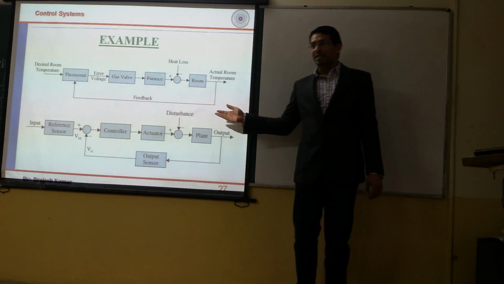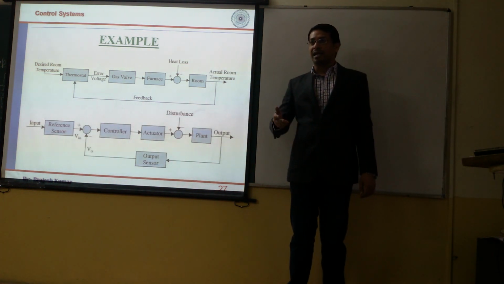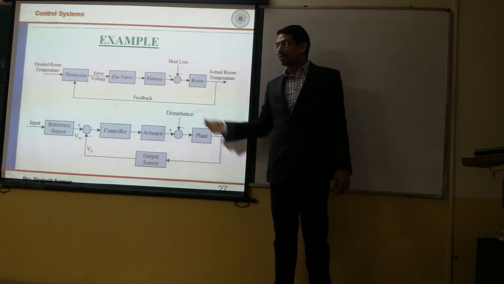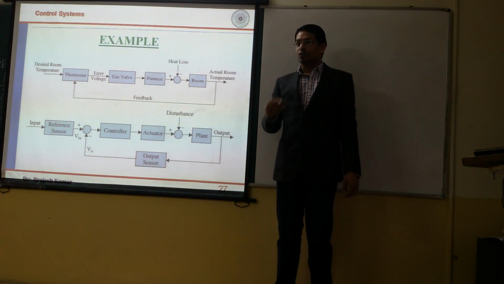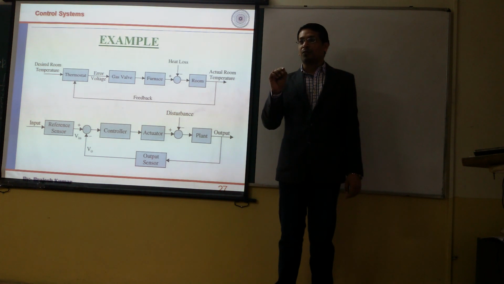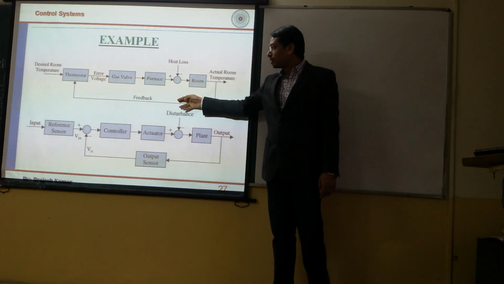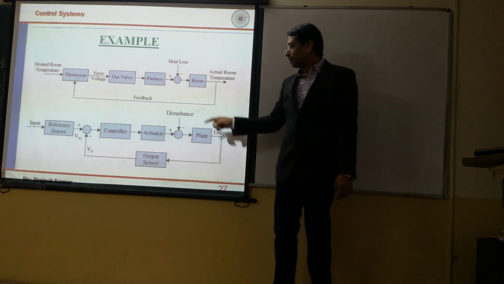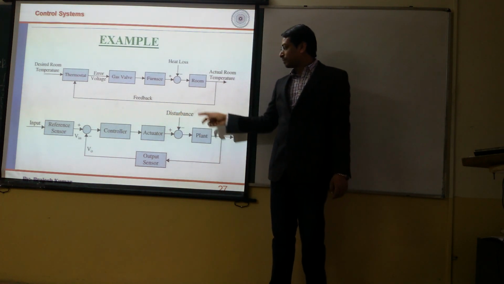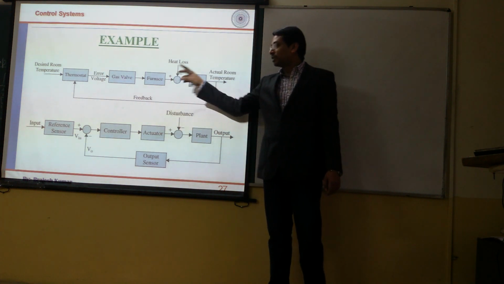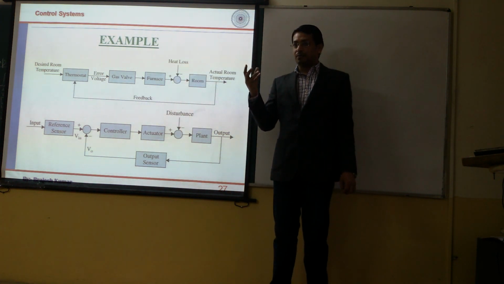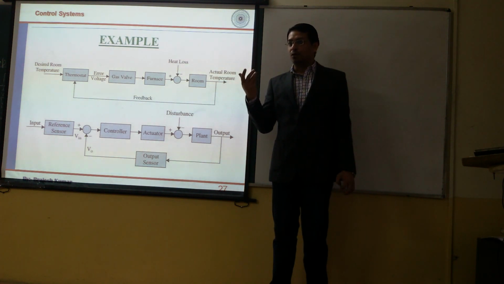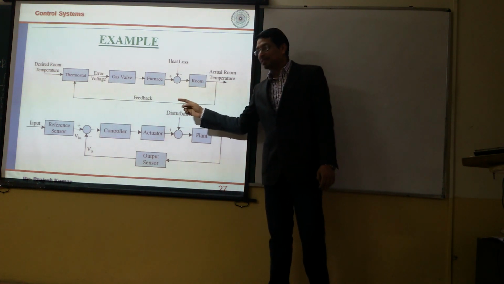Equivalently, if somebody asks you to give a layout or block diagram for a general control system, you can have a reference sensor, because the thermostat is there. If you are provided with some set point, it will be converted into a particular electrical form, and the sensor is there in the above example. So a reference sensor. The second unit is your controller and actuator. The controller means the thermostat is providing some output depending upon your error signal, so it will act as a controller itself.